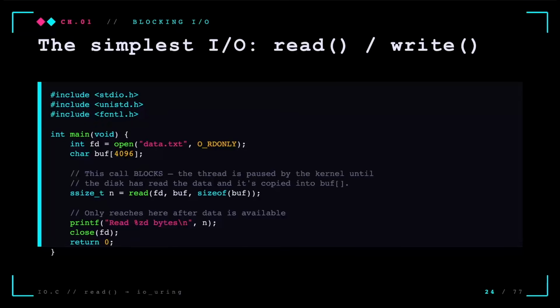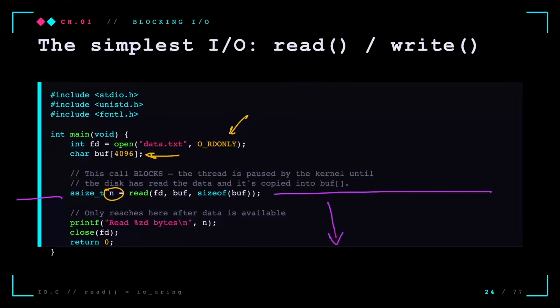All right. So in this case, we have a main function that is opening an actual file, data.txt, in read-only mode. We pre-allocate an array of 4 kilobytes. We call read and we print how many bytes came back, right? N here is how many bytes came back from the actual read, because the buffer needs to be big enough. That's just the way it is in C. And the crucial line in here is, of course, read, because